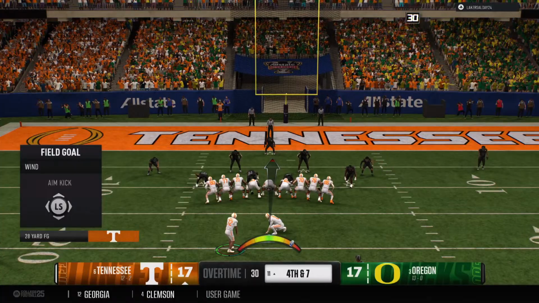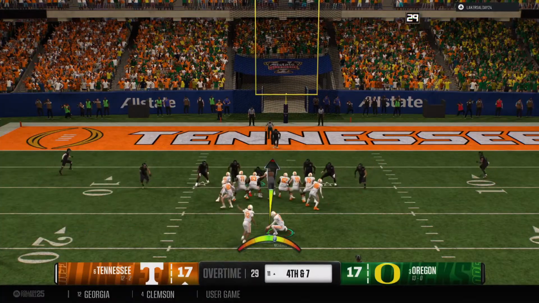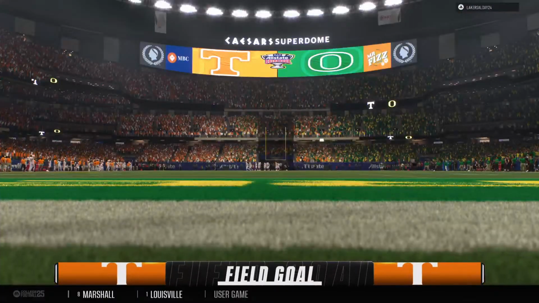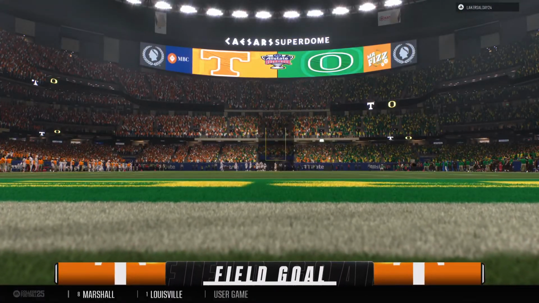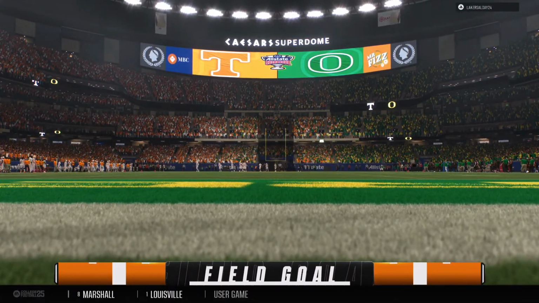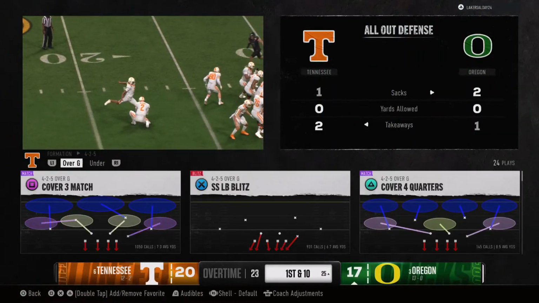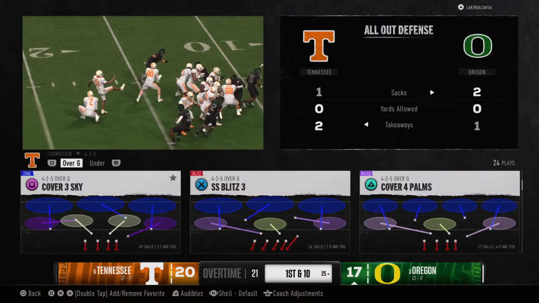So here comes the field goal unit out there trying to claim the lead here in OT. Kick right down the middle. Can't hit it any better than that. And with that, they retake the lead. Oh, Chris, it's a nice kick here to polish off that drive with at least 3 points up on the board.